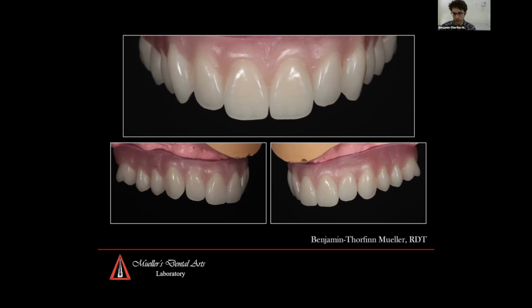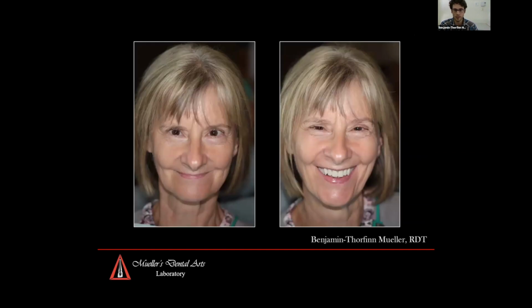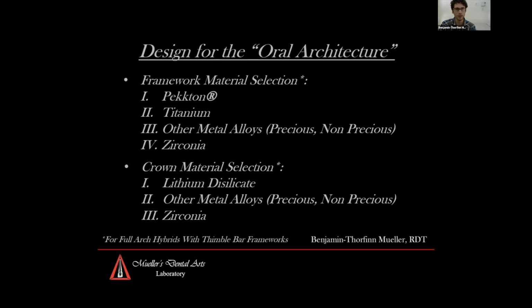Also, one of the things she voiced is that she wanted to see, if possible, what things look like already in the diagnostic stage. So we did two or three different diagnostic try-ins, and you can see here what it looks like, really rebuilding the face. Of course, things were tweaked a little bit, but you can see already the immediate change from before, and then with the setup in place. Once that is done and we know where the teeth go, we design